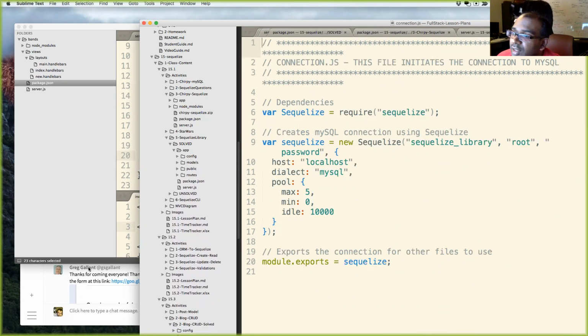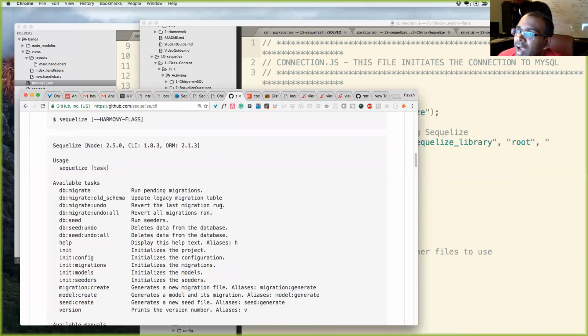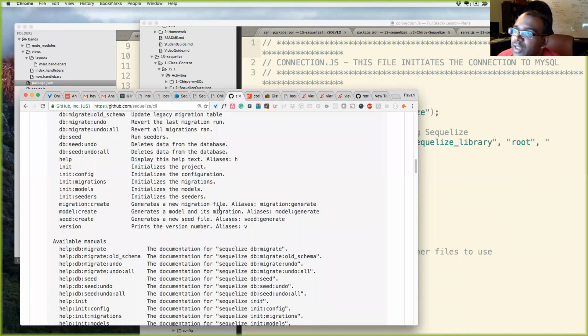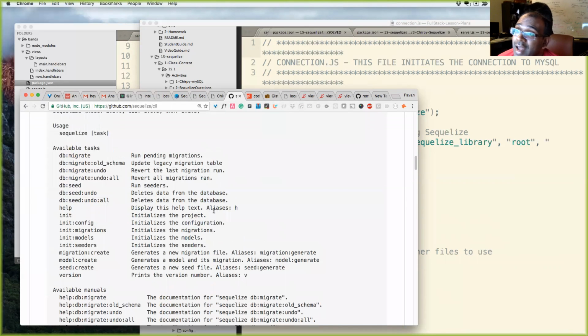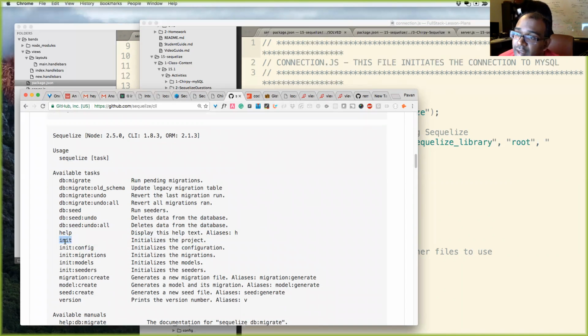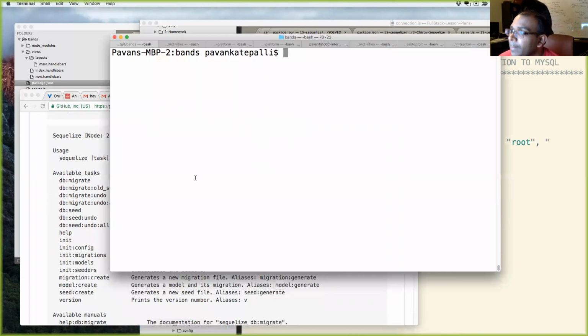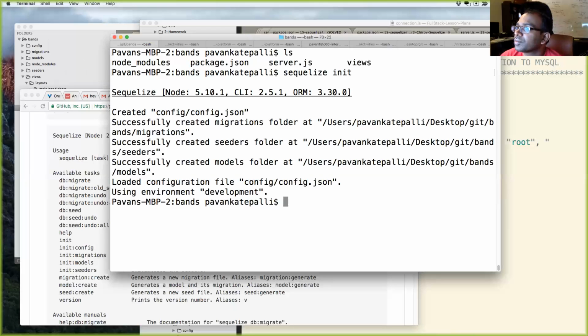And what I can do is I can go to the Sequelize CLI over here, and I can check if there's anything that helps me make these folders, right? Off the top of my head, I don't really know what auto-generates all this, but if I look right here, it says init, right? So I can run Sequelize init, and that will initialize the project. So let's try that right now. So I'll do clear, I'll do ls, I'll do Sequelize init, and we'll see what happens right here.